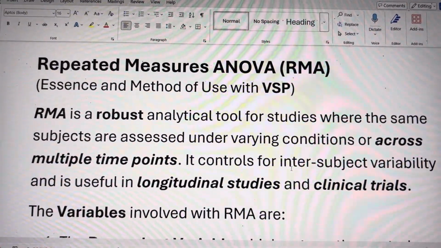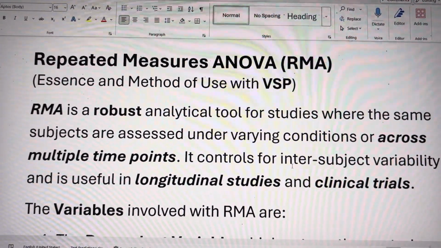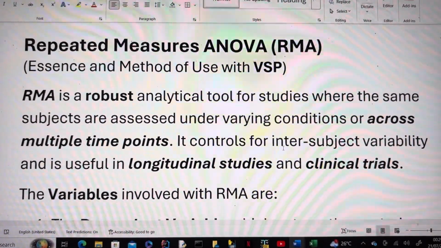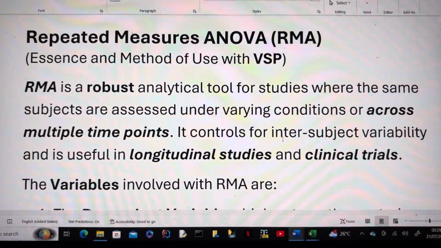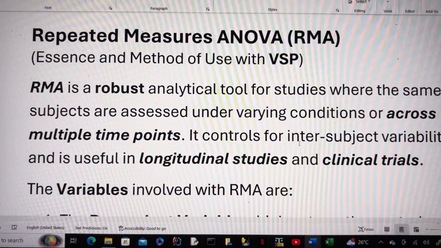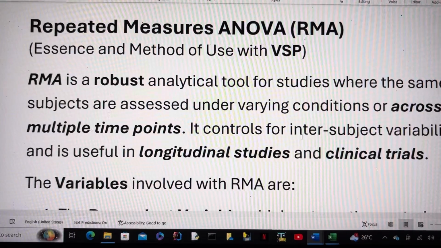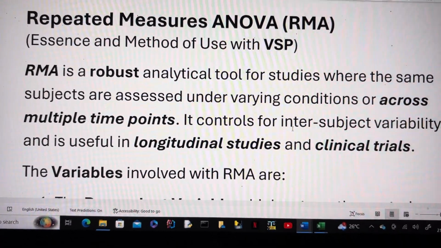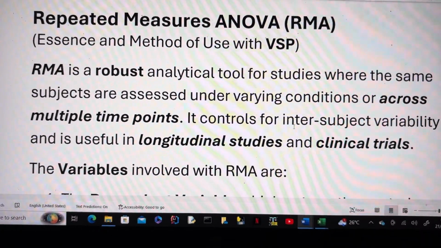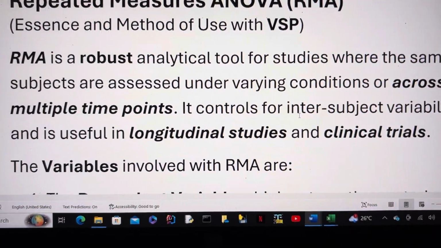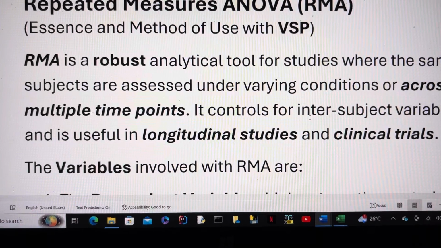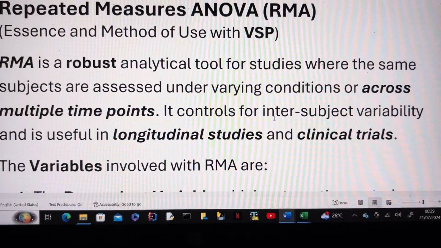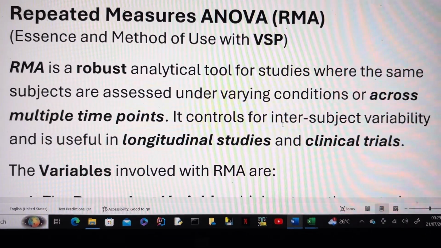The repeated measure ANOVA. RMA is a very important statistical analysis tool, and I'm going to show you the essence and method of use, especially with the VSP statistical package. Now, RMA, which is a repeated measure ANOVA, is a robust analytical tool for studies where the